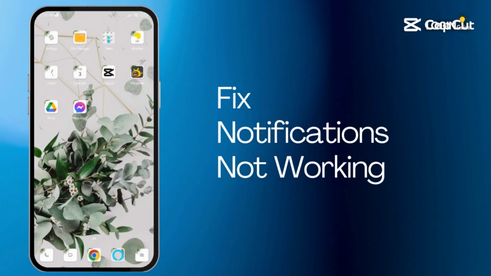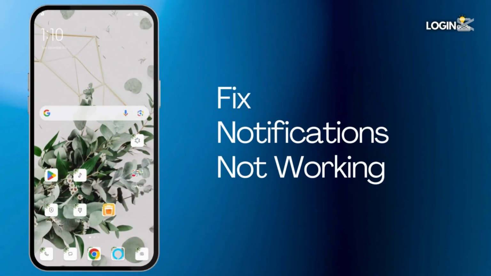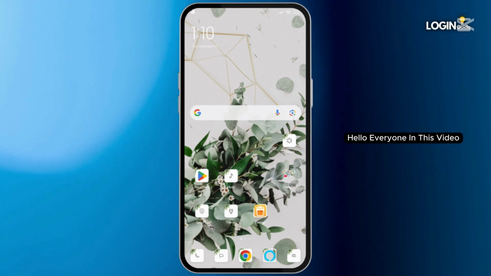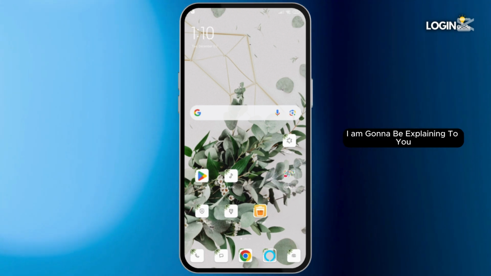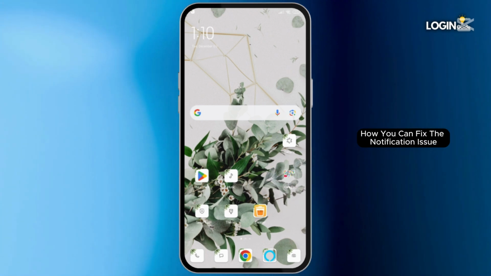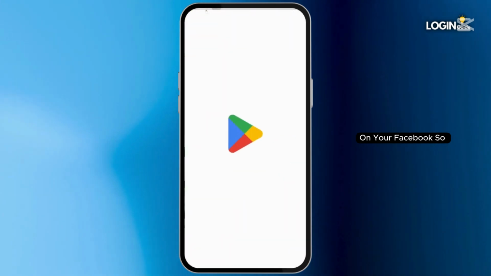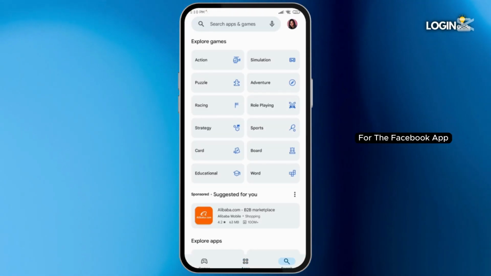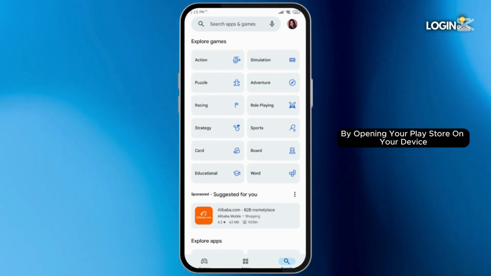How to fix Facebook notification not working on Android. Hello everyone, in this video I'm going to be explaining to you how you can fix the notification issue on your Facebook. So firstly, check for updates that may be available for the Facebook app by opening your Play Store